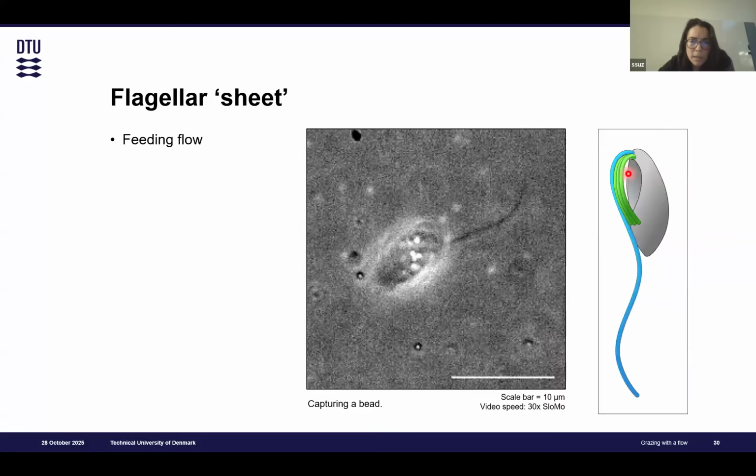So meaning that at 2 micrometers you can observe a high flow, but as soon as you're further out, at a higher radius, the flow will be negligible,